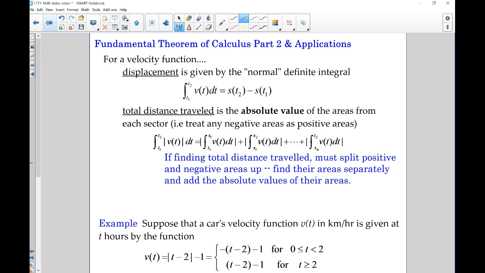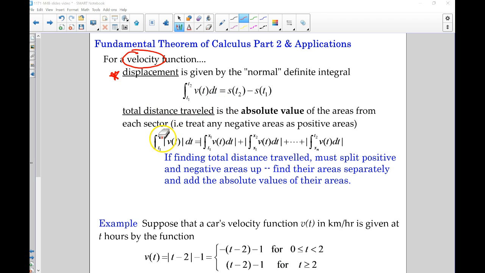Okay. First application that we're going to see is if we're given a velocity function. There are actually two different quantities that we can discuss in relation to position. The antiderivative of velocity is position, but if we evaluate it just as normal with a definite integral, we get displacement. So we just evaluate it as normal, don't worry about anything. That's displacement. If we're concerned with total distance traveled,